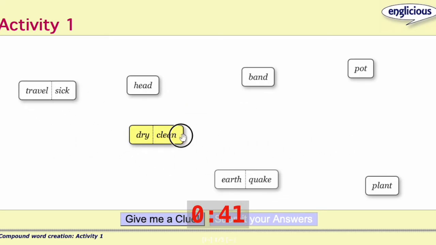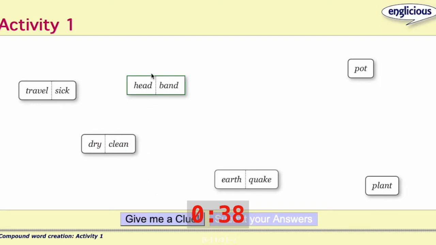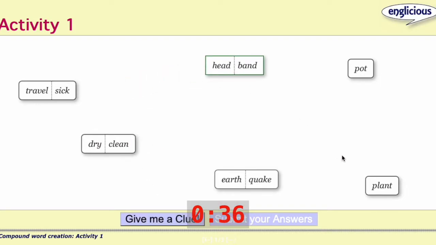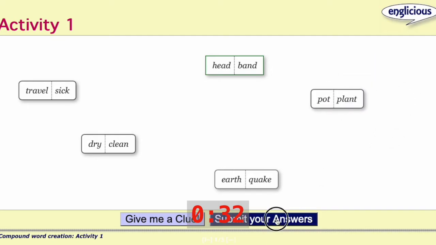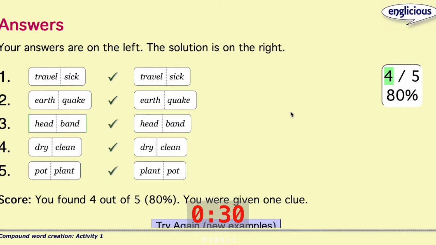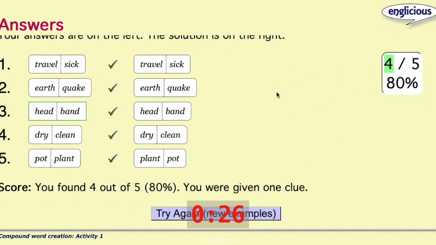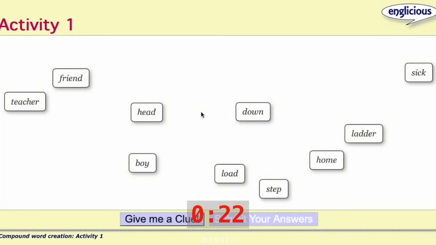Then if we happen to get a little stuck, you can choose give me a clue from the bottom. That will snap two words together to help you out, and then we can do the last one, no problem. Click submit your answers and you'll see a score, some feedback. We got all this correct, but we don't get all the points because we did ask for help with one of them. You can click try again, and then we get the same activity, drag and drop, but this time